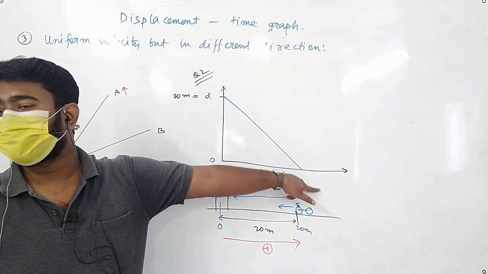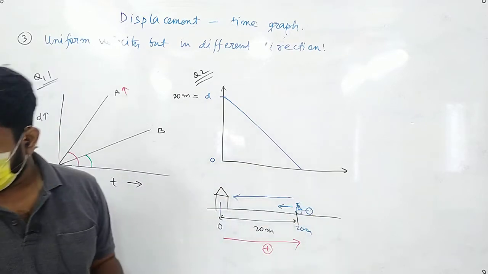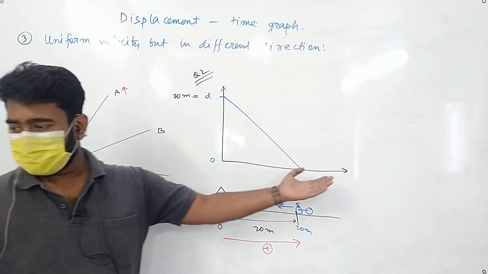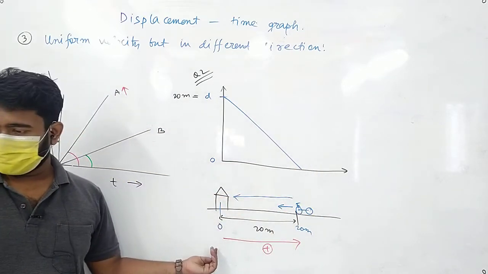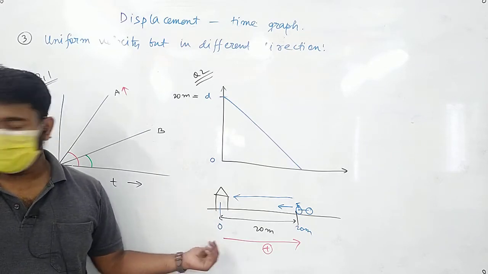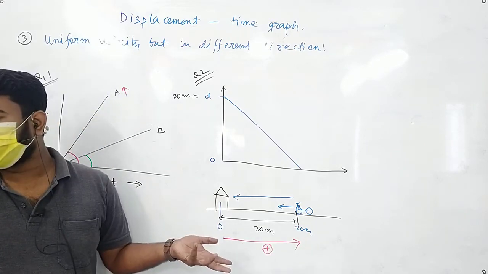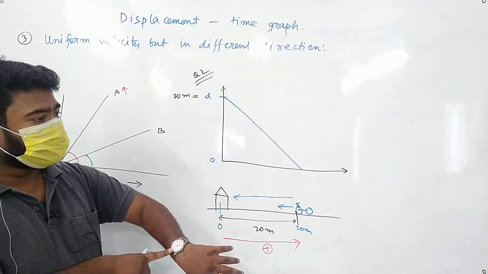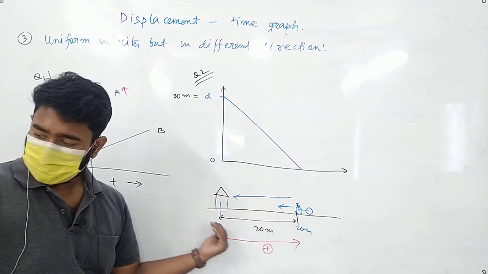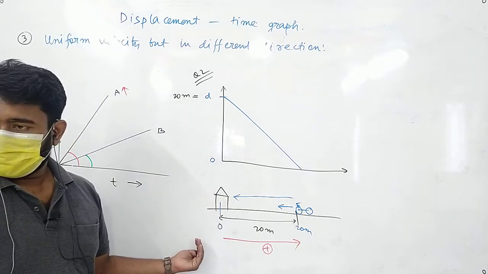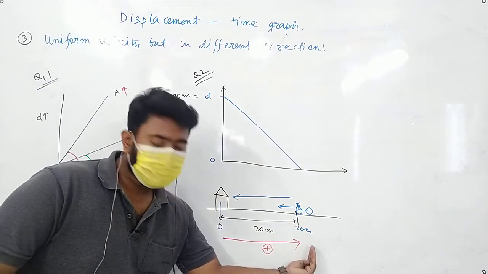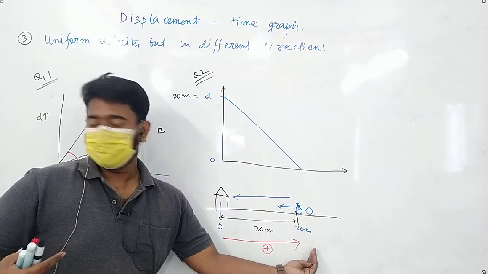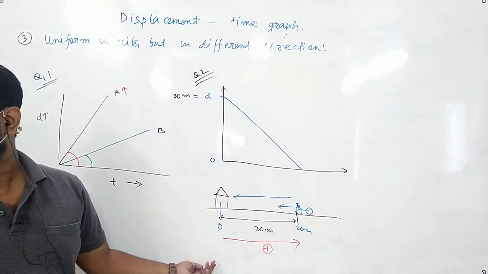This will be the graph. Is the idea clear? Time is increasing. The bike will take time to come here. It cannot come instantly. It cannot come in the negative time. Negative time cannot happen. If the bike is coming, you are counting 1, 2, 3, 4. Then the bike is coming. The time is increasing. But the bike is coming towards you from some distance in front of you. So it is moving in the negative direction.